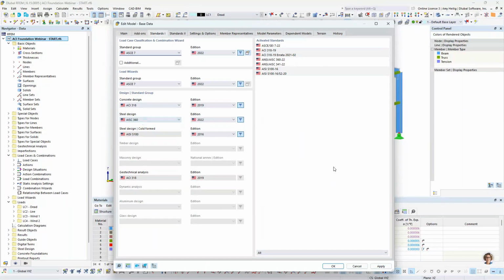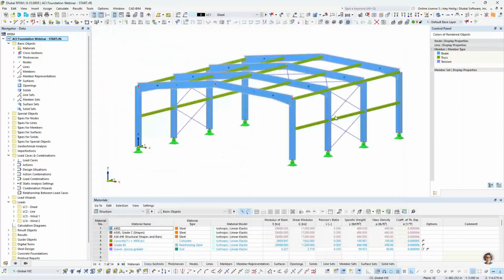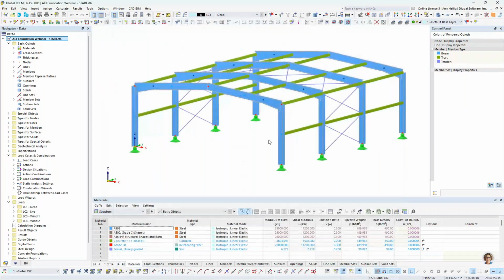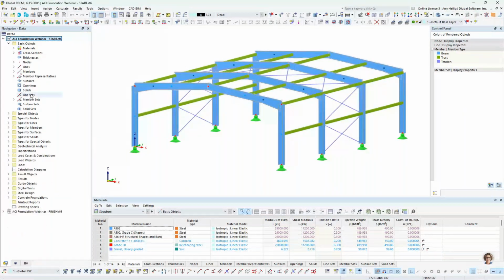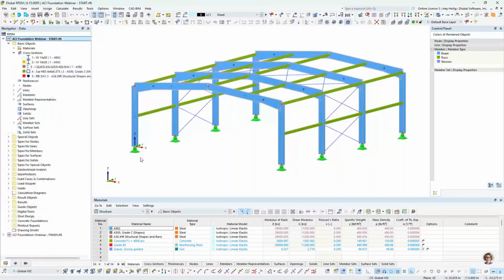So once this information is set, we have determined here which standards we will be referencing. We can take a look at the RFEM 6 program. So for the sake of time, I have already modeled our steel structure here. So we'll do a quick model overview to explain exactly what I've already gone ahead and modeled in the graphical